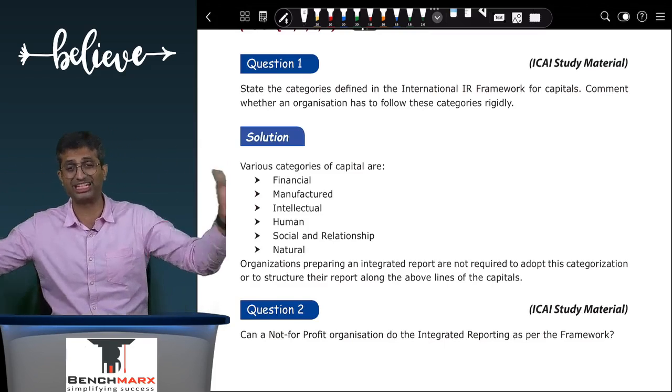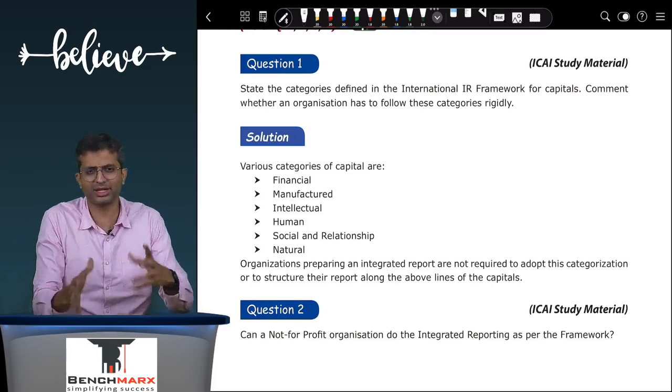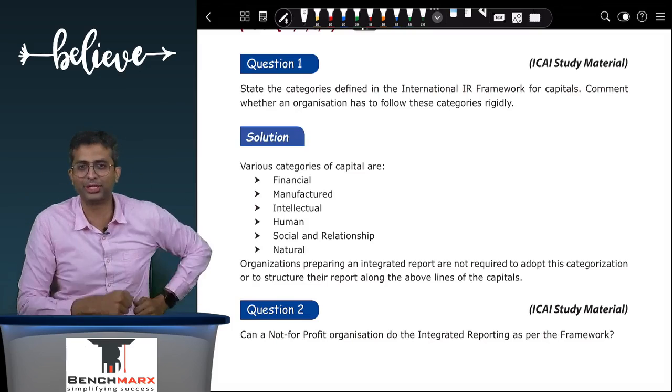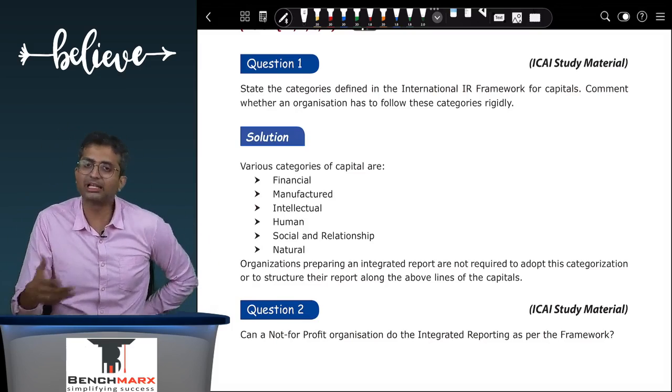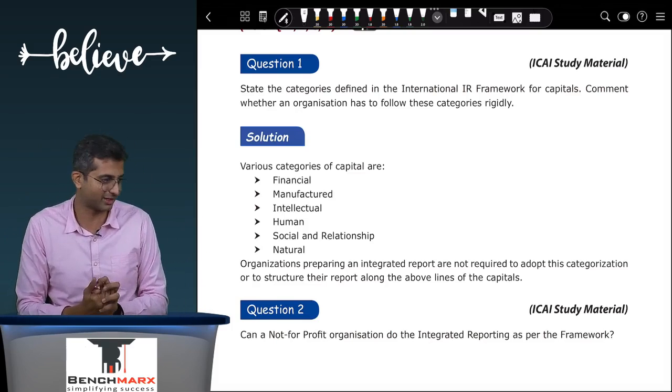Obviously there's a lot of detail in the study material, but if you have the time, you can refer to the study material. If not, rather than leaving this, probably invest around 15 minutes here and glance through in another 10 or 15 minutes and be at least rest assured if an easy 6-mark question comes in.